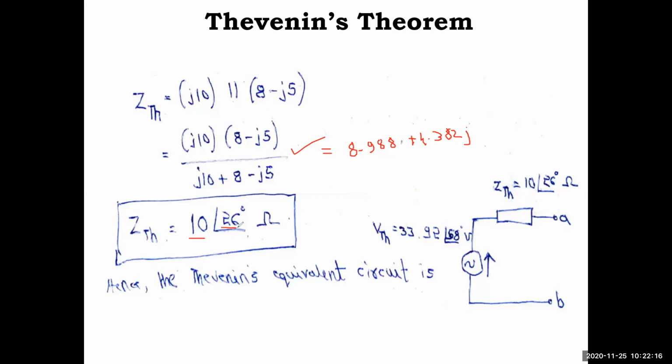I have approximated it to 26. So 10 at an angle 26 degree ohm is what you are getting as the impedance. You can write this answer here, or you can use this. So VTH is 33.9, check how you are getting this, and ZTH is 10 at an angle 26 degree ohm. This is the final answer, because no load is given to find the current and all. They told you to find the Thevenin's equivalent circuit. So hope it is clear.